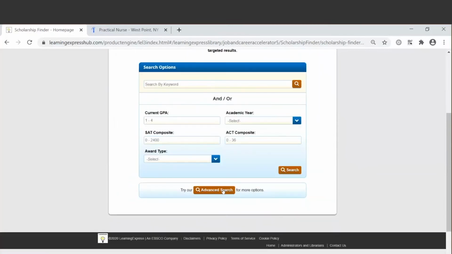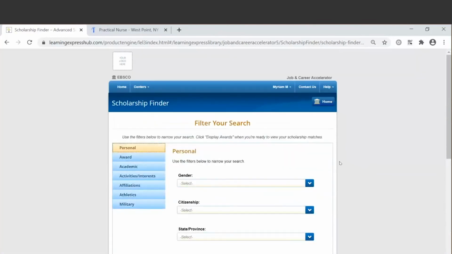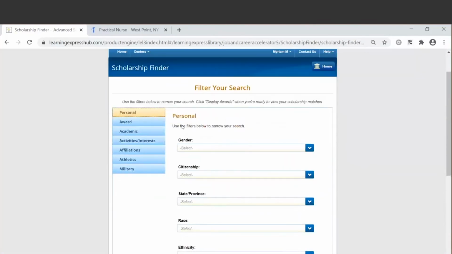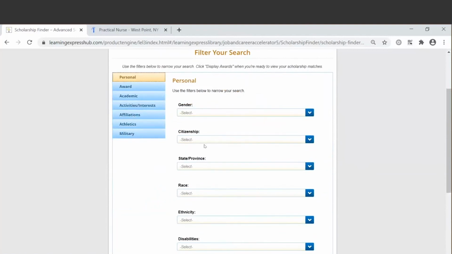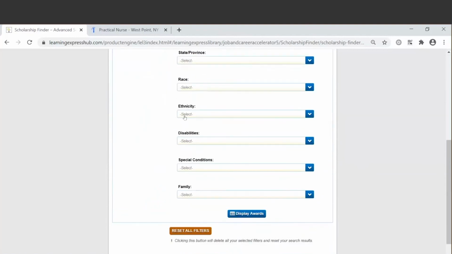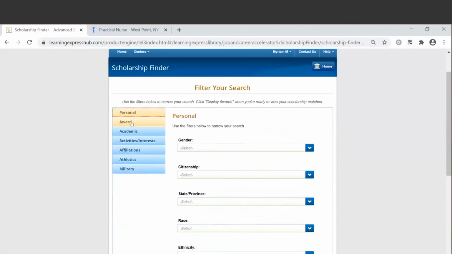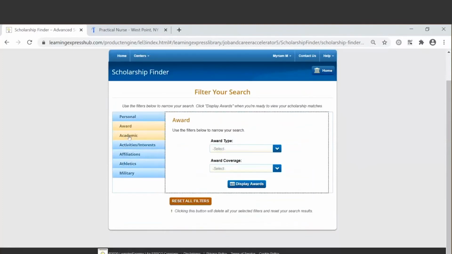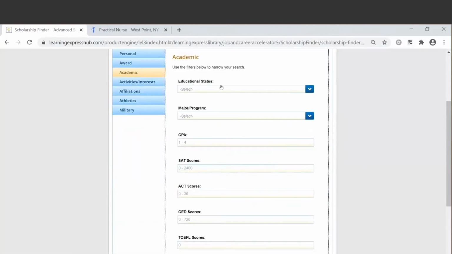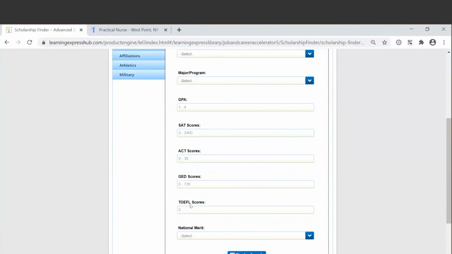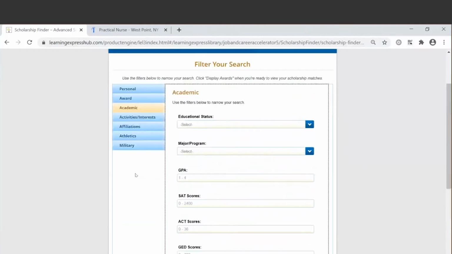And so just to show you what's involved within the advanced search, you'll see users can search personal, so by gender, citizenship, race, ethnicity, any disabilities, special conditions, via awards, academics, so educational status, GPA. We also have the GED, the TOEFL, any national merit scores, you can add that there.